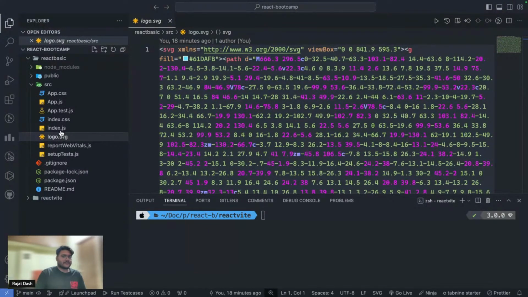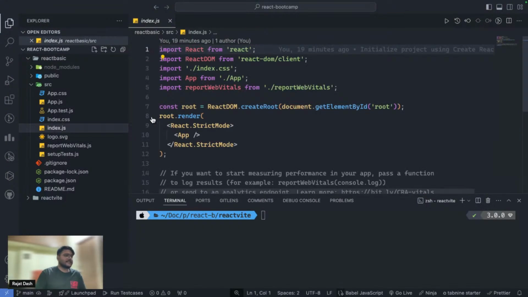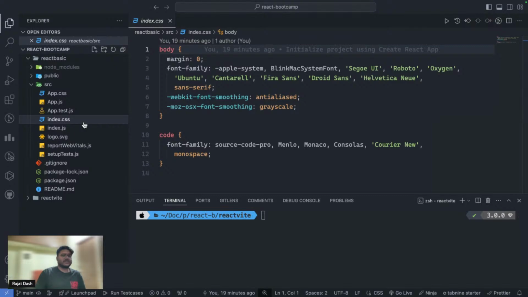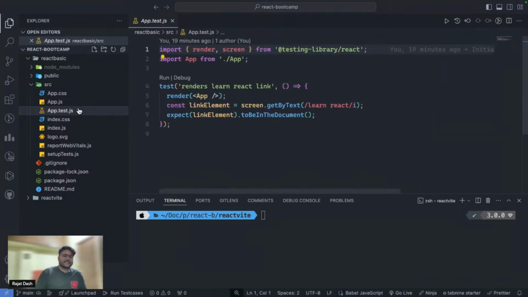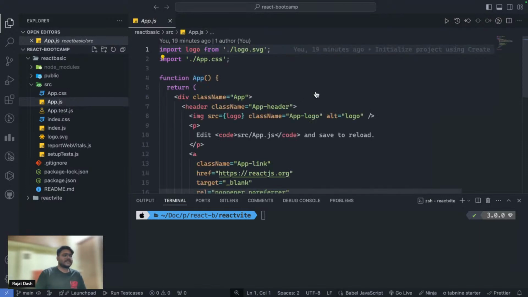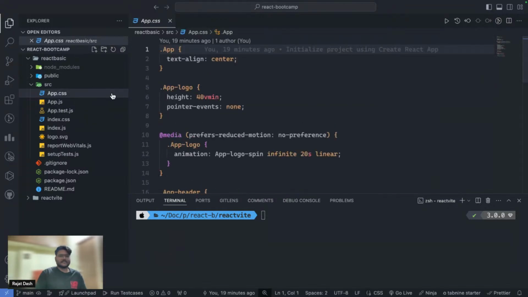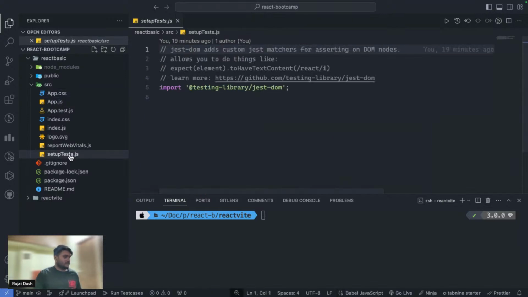We will be customizing our own website. Index.js is required. Index.css, I don't think is required right now, but for the CSS file, we will keep it. App.test file, not required. We are not going to learn testing a React project right now. App.js, our main base component file, we'll keep it. App.css, we'll not keep it. Index.css will work fine. So we'll just remove the things which we don't want, I'll just delete them.